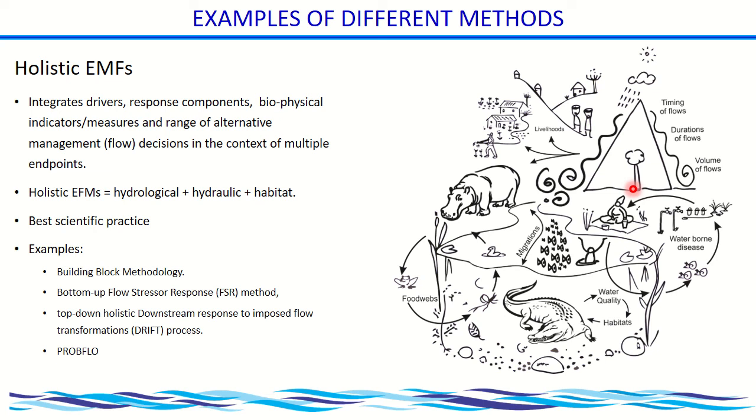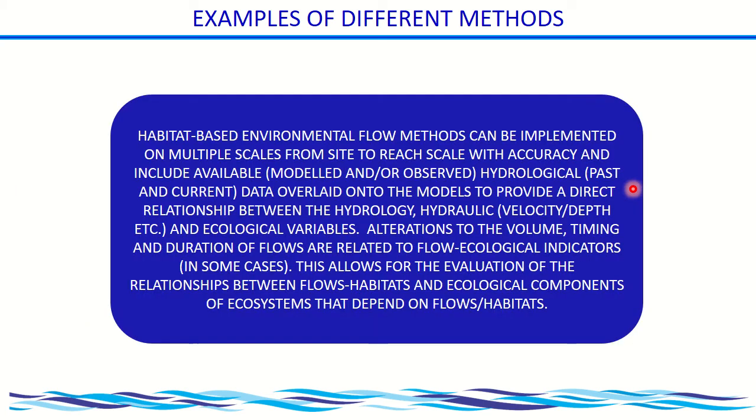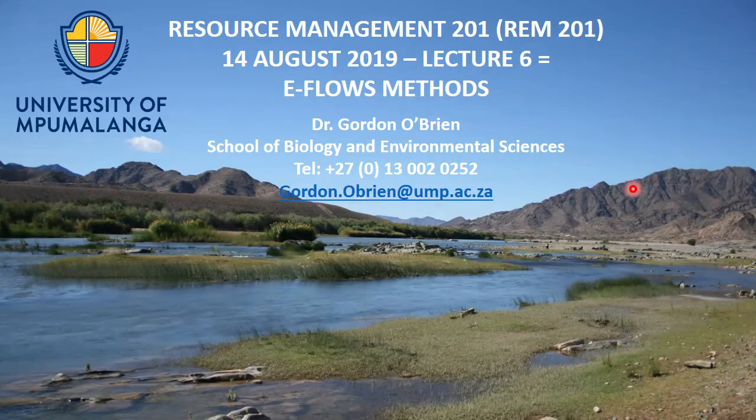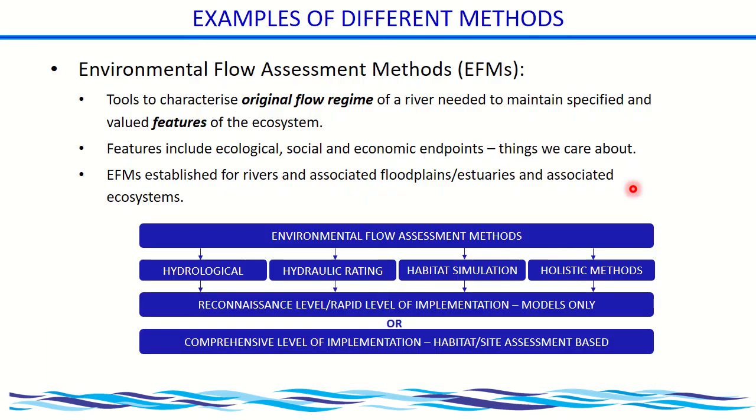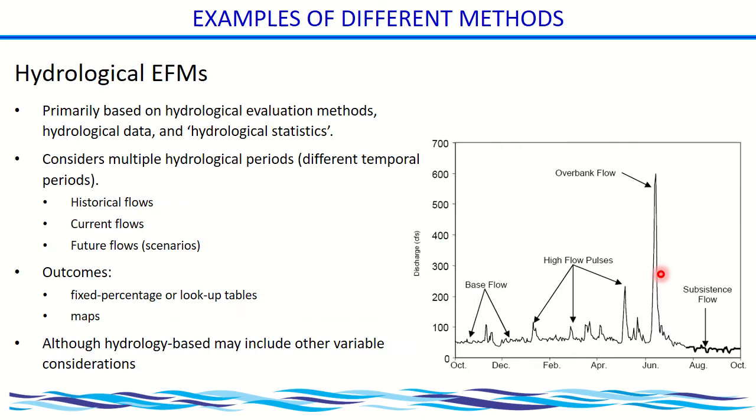So this is where it's very important to go back to the environmental flow assessment definition. For holistic assessments, you consider quantity, timing, and quality of water, environmental water quality. You look into water quality, habitat availability, levels, different ecosystems, different ecosystem requirements, social and ecological endpoints. Do you understand that? All of these different components are considered in holistic environmental assessment. And if you look at the complexity, we've gone from hydrological to hydraulic rating to habitat simulation. Now we look at these holistic methods.